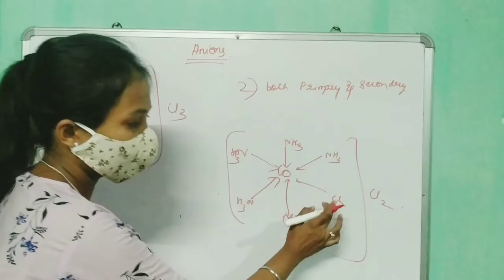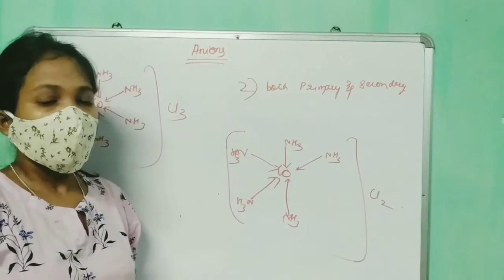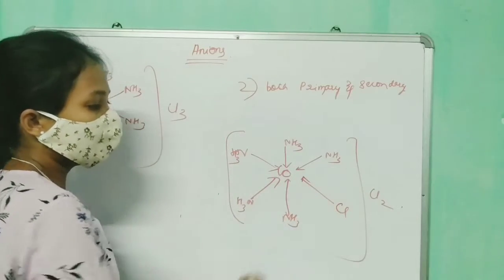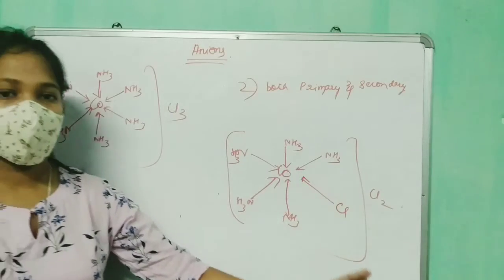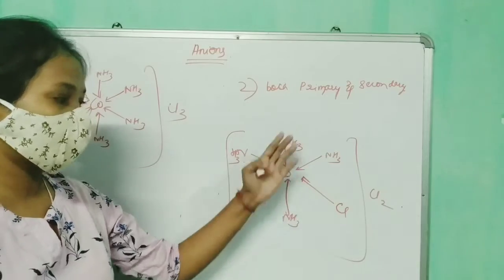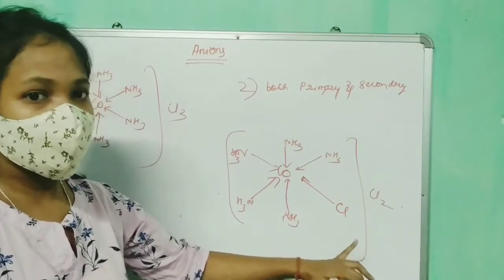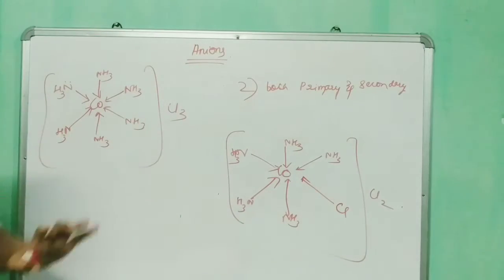But had there not been this chlorine present here, the geometry would have been different. So therefore, this chlorine present over here is basically used to draw the geometry of the complex. If this would not have been there, then the geometry would have been something else, right? So this is satisfying both secondary and primary valency, but here this is only satisfying the primary